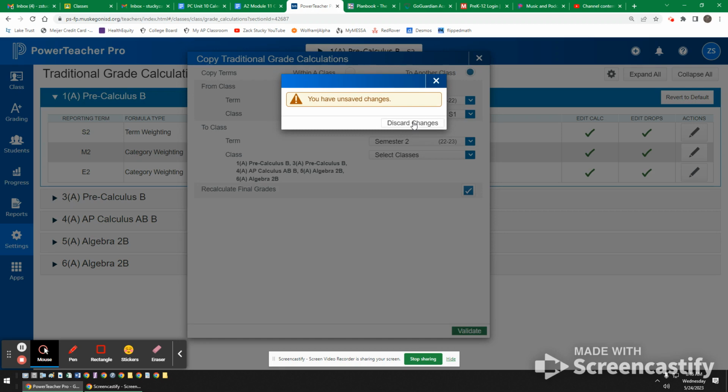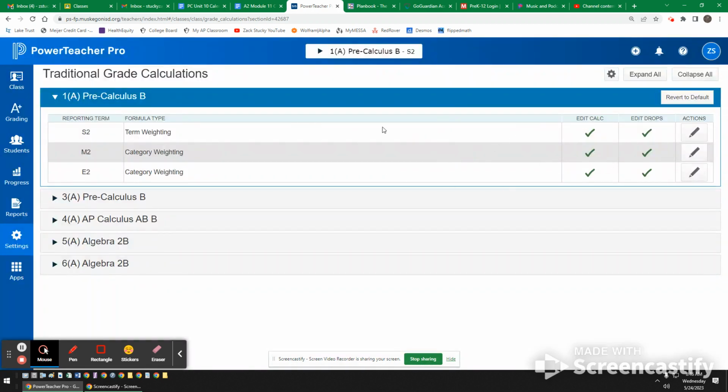I'm going to discard my changes. You should not discard your changes. So now my gradebook is set up. It's going to calculate the marking period and exam correctly. Now let's talk about